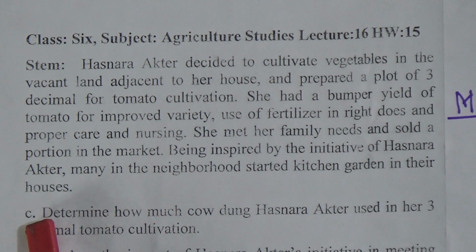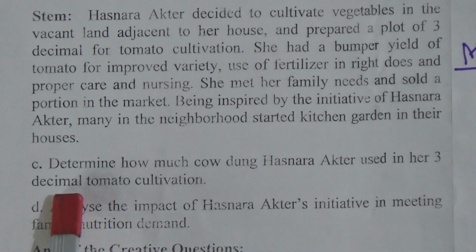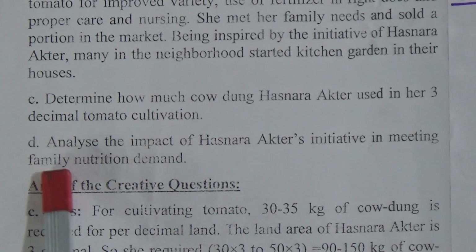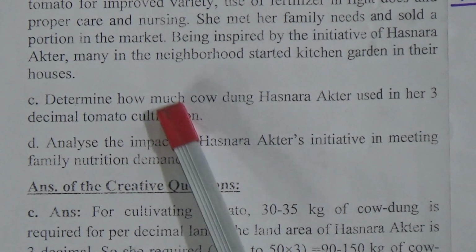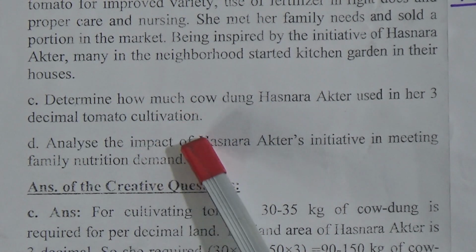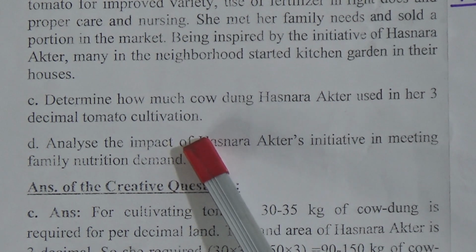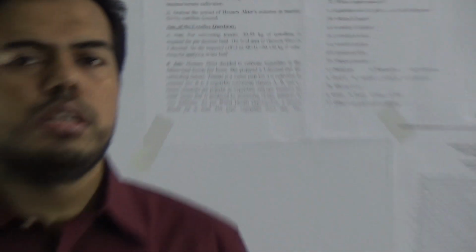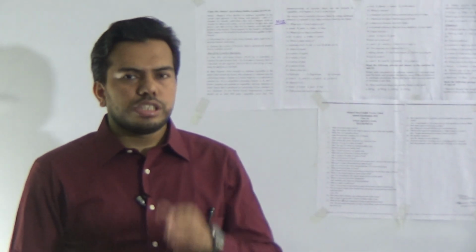Now we will discuss only C and D number questions. C number question is application based question and D number is higher skill. In C number, in application based, there are 3 skills covered: knowledge, understanding and application. In our first starting portion, we must write the knowledge based answer in 1 sentence. In your understanding, you can define the knowledge answer within 1 or 2 sentences. And in a third paragraph, we can explain details regarding the stem.